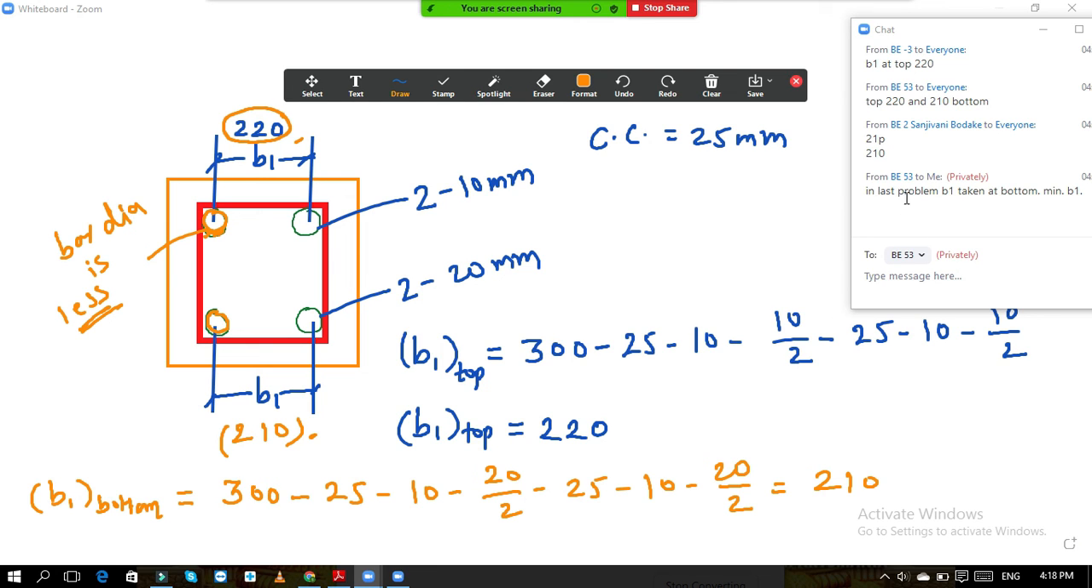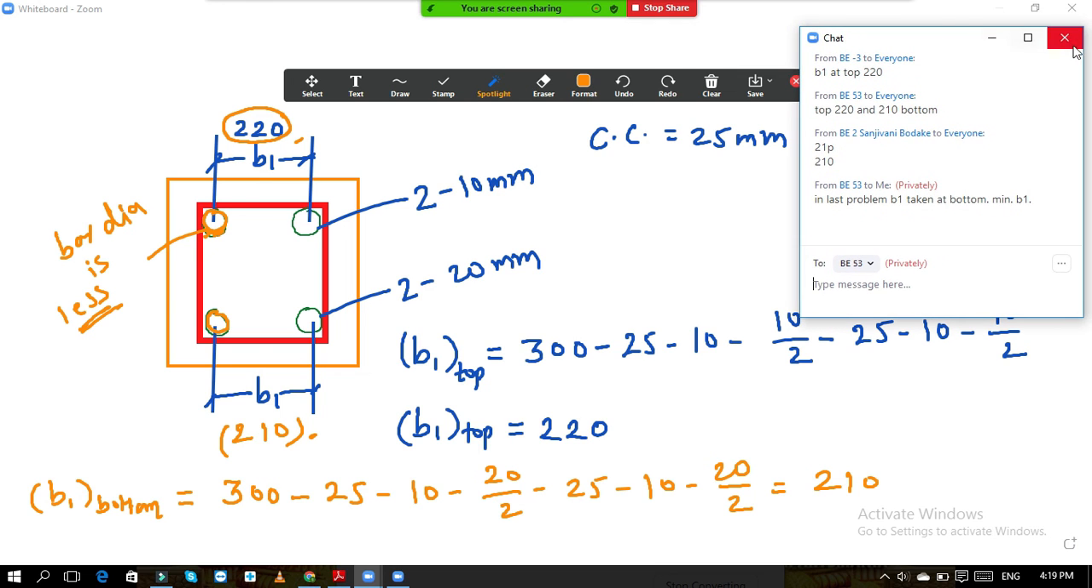Roll number 53, you are saying that in the last problem we took B1 at bottom. So please check it once again. If this is the case, then we will revise that in the next lecture. So now this is the difference where you should take the B1. I hope you are clear with this now. So next thing is,